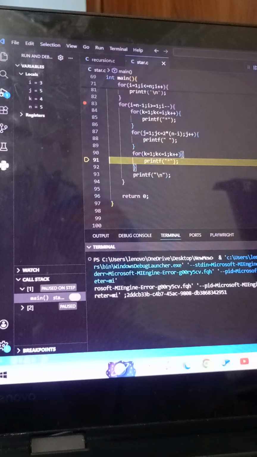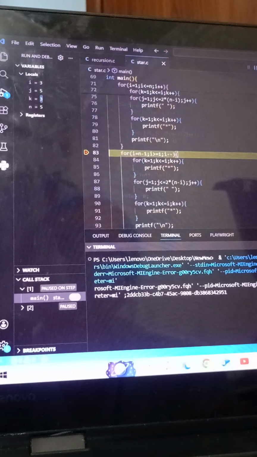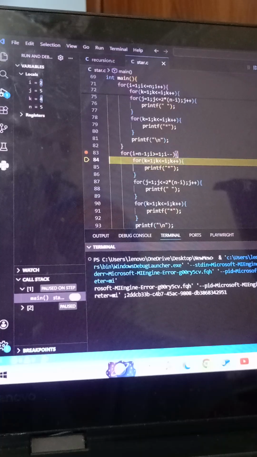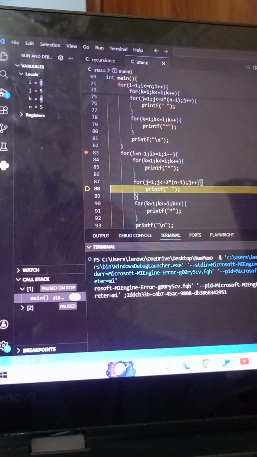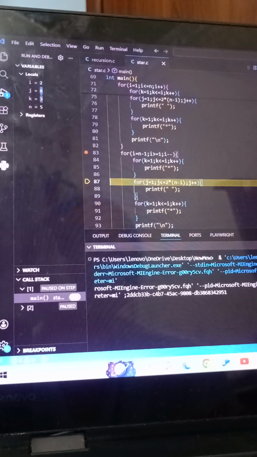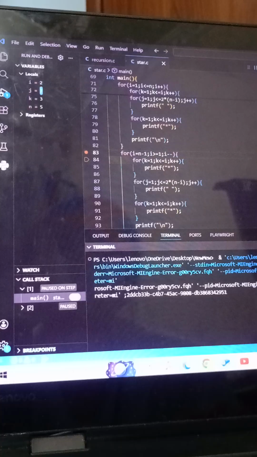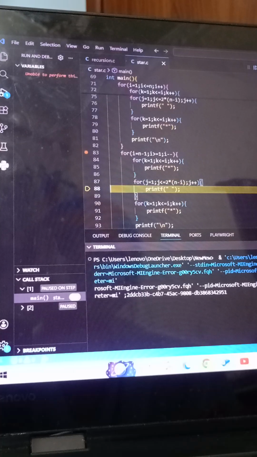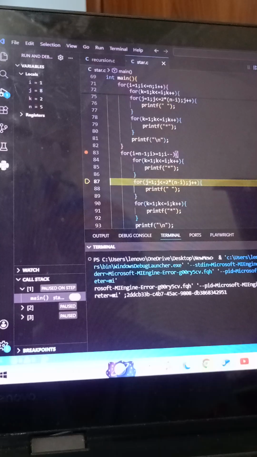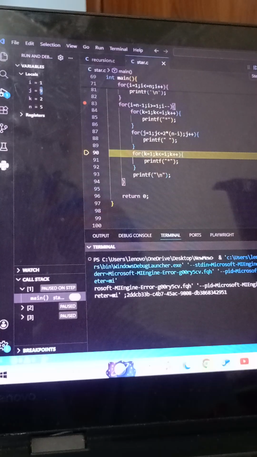So in the same way it is going to print our butterfly star pattern. So similarly, this is our last one. For the last one it is going to print the space up to 7-8 times, and after that it is going to print our i,